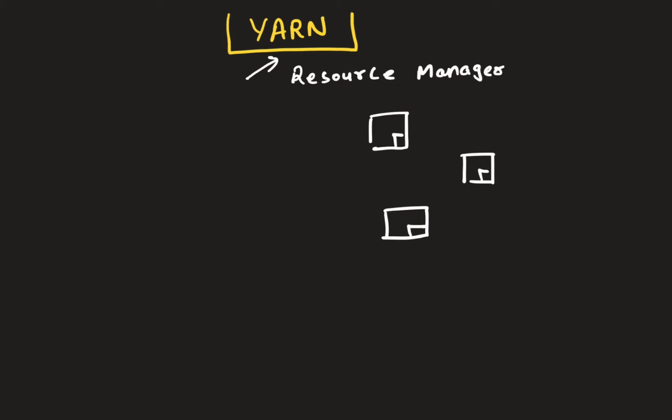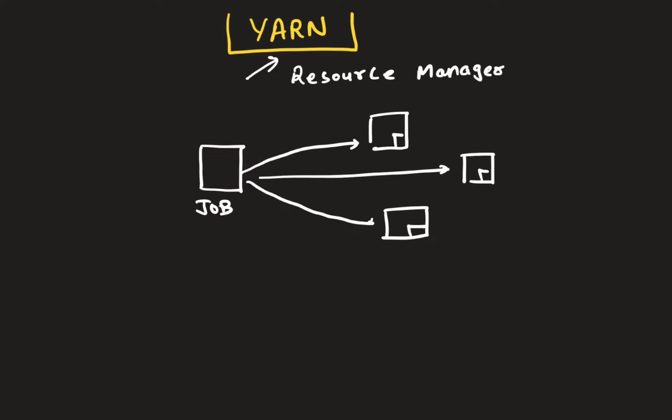So earlier, whenever you needed to submit your job, what used to happen was the data used to come to the job and then processing needed to happen. But this model was not scalable when the data was huge, and that's why big data became so popular. Because in the big data ecosystem, the distributed processing happens, but your data does not move to your job. Your job in fact moves to your data, to all the nodes where your data resides. So your computation will move to all those nodes, and then the computation will happen on those specific nodes only.